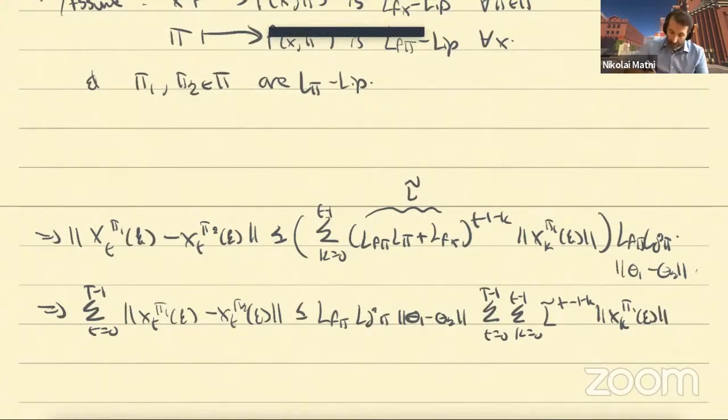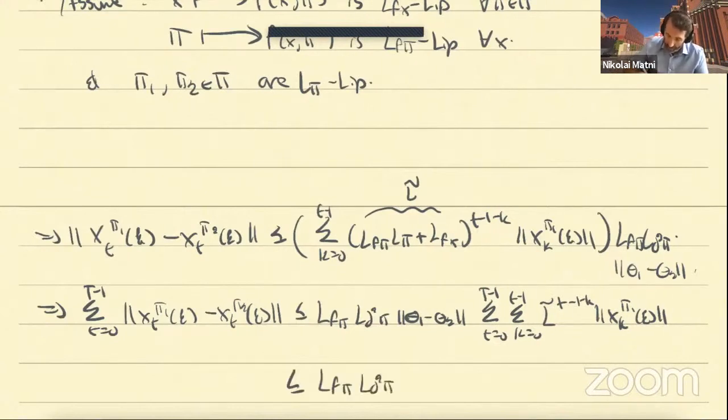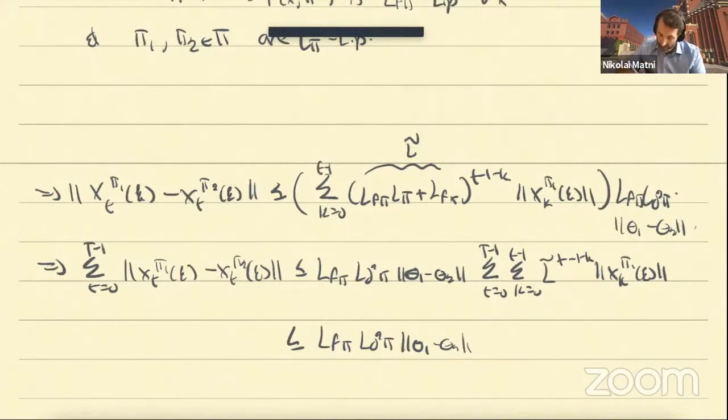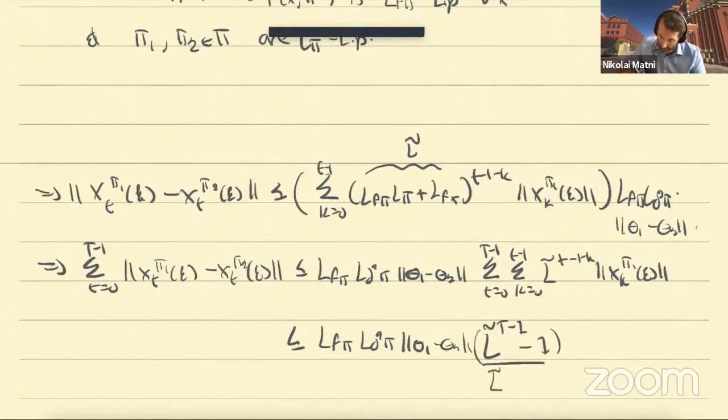Now, the only meaningful bound that you can extract out of this is by, if you roll out all these different sums and do some counting, you can see that this is in fact bounded by the gain of this thing. So this Lipschitz constant, this rollout here, times the sum t equals 0 to t minus 1 of x_t pi 1.